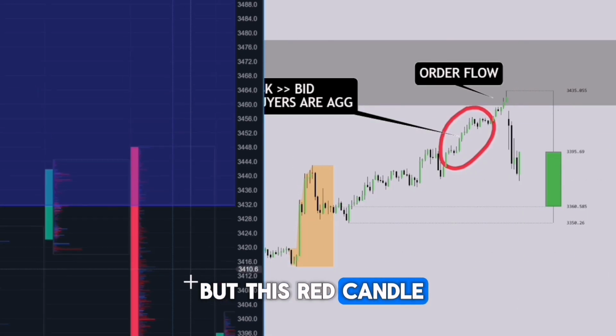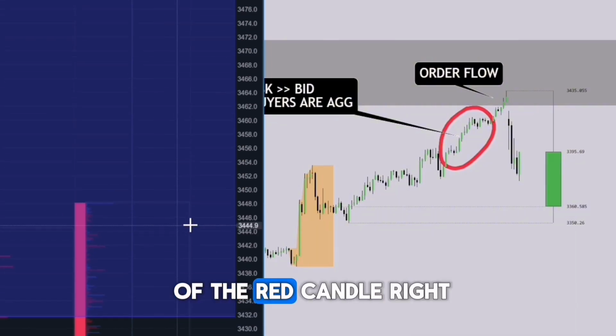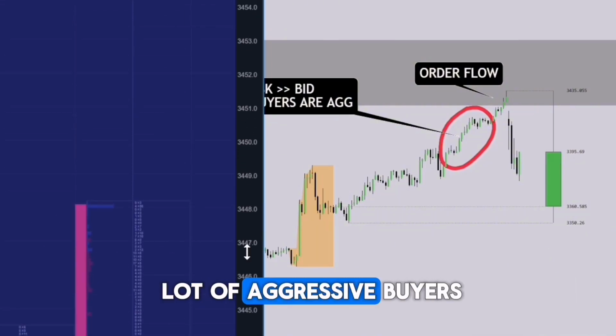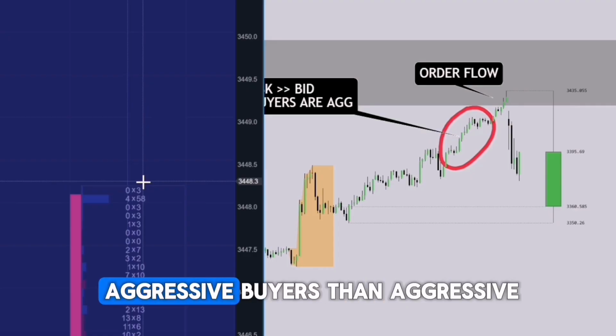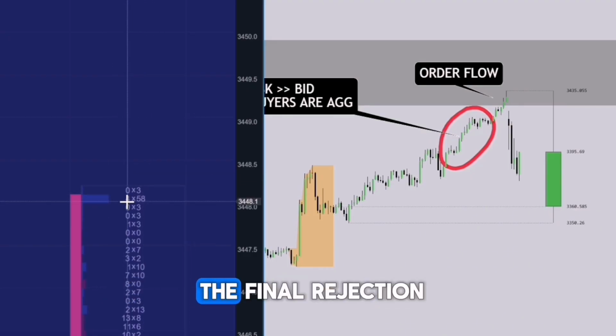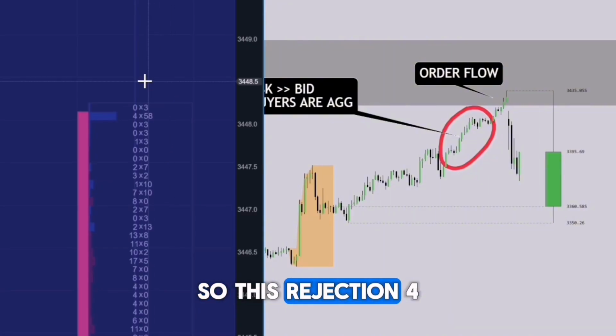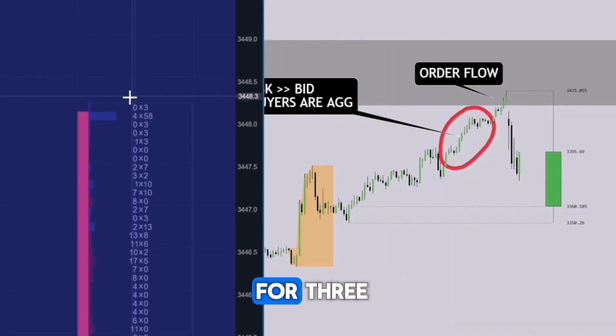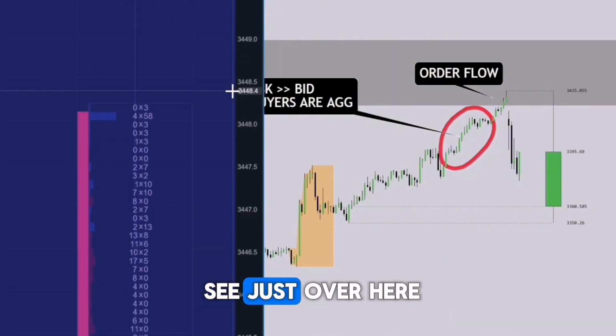But this red candle was interesting because if you look right at the top of the red candle, there were actually a lot of aggressive buyers over here. There were more aggressive buyers than aggressive sellers, right? So 4 for 58, right? So this was the final rejection. This rejection, 4 for 58 and 0 for 3, that is what you see just over here where I